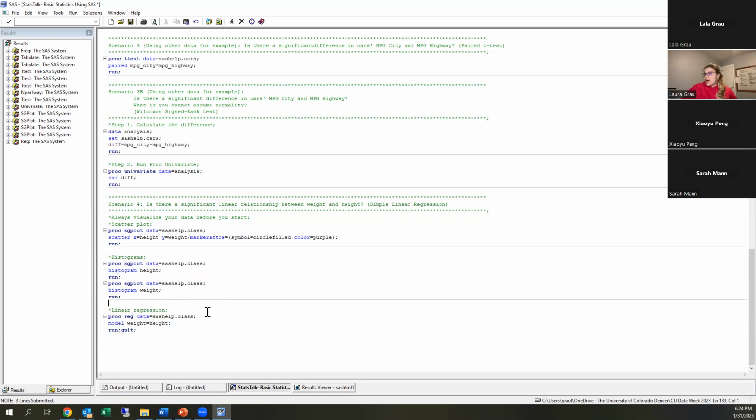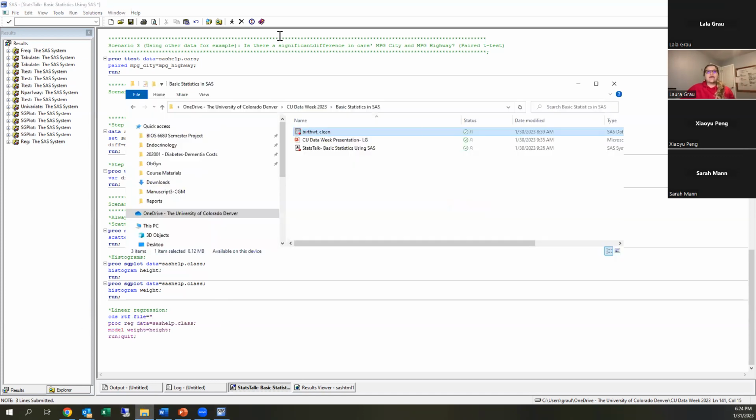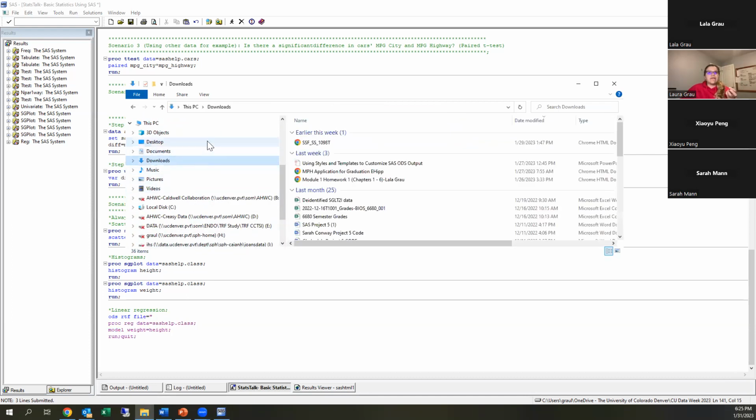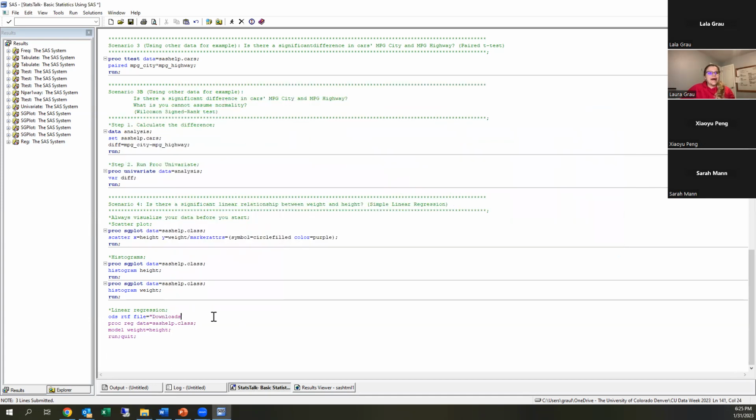So SAS has the output delivery system, which can also be used to create PDF or RTF files, Excel files, HTML files, a bunch of stuff. I'm personally a fan of rich text files because they work really well with Word. You actually open them in Word. So we're going to say ODS RTF file equals, and then we're going to write the pathway of the file that we want to create. I'm actually not going to create it in this folder because then all of you will have a random document in your folder, but